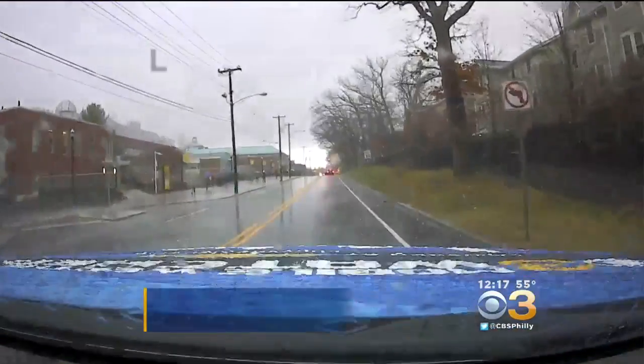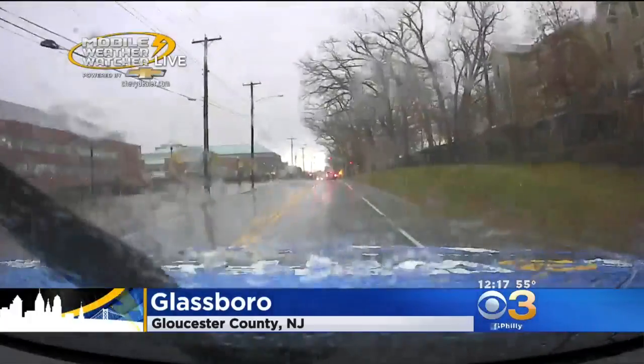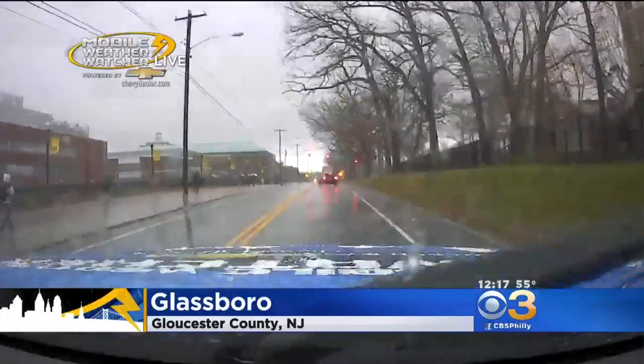to be dropping big time behind the front. The rain is moving through the area, but most of it at this point has cleared out. But we sent Tommy G out hitting the streets in the mobile weather watcher. Our photographer now, he is in Gloucester County in Glassboro, and you can see that rain is coming down pretty